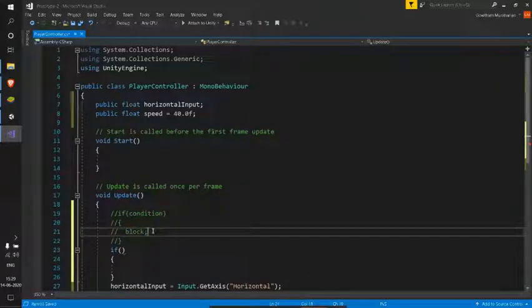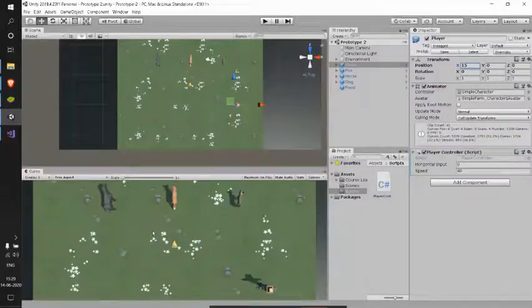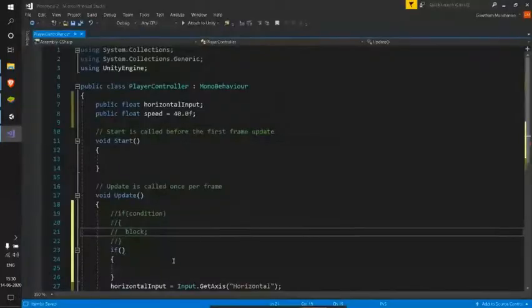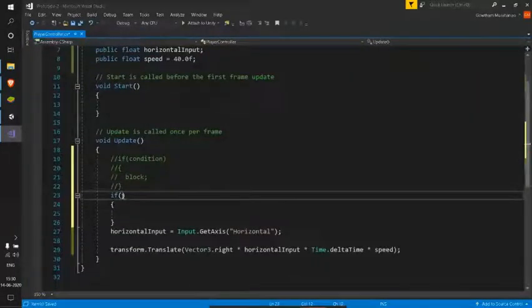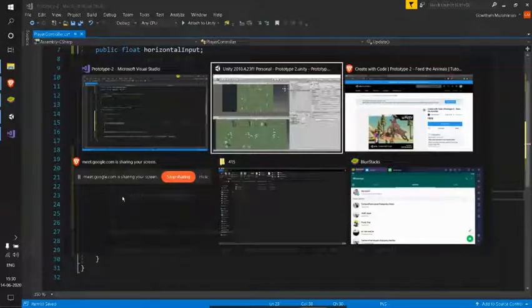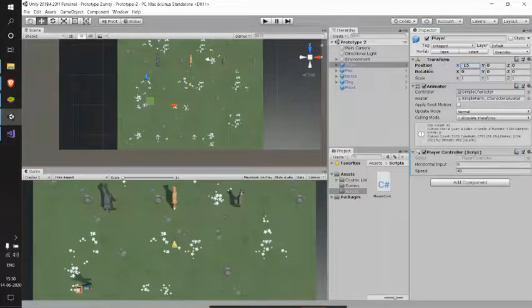So my condition here is I must not allow my player to move left side more than 15, right? I mean, less than minus 15. So what I'll do is I'll just access my player's position, transform.position, and here, just see, in transform position what we need, we just need our x position.